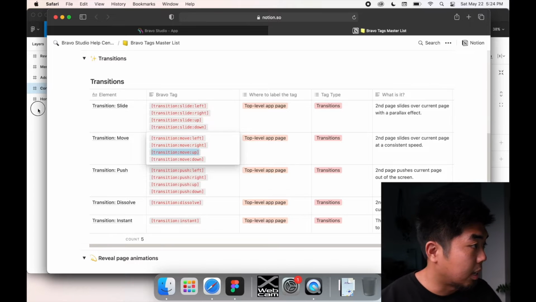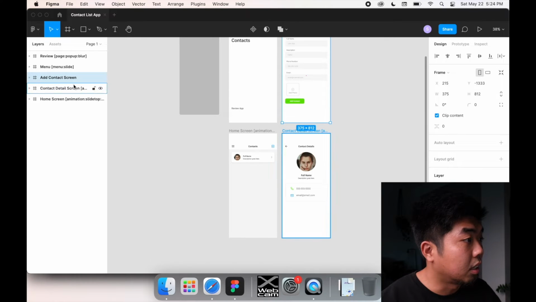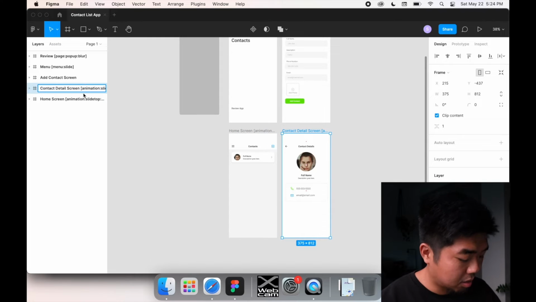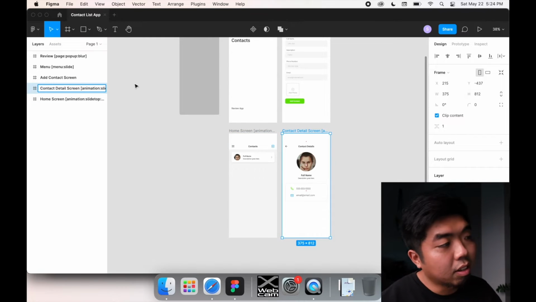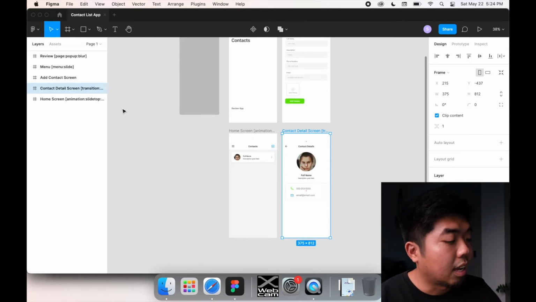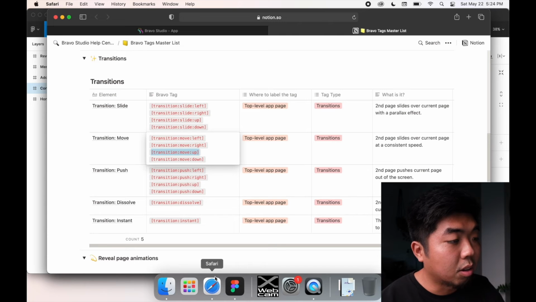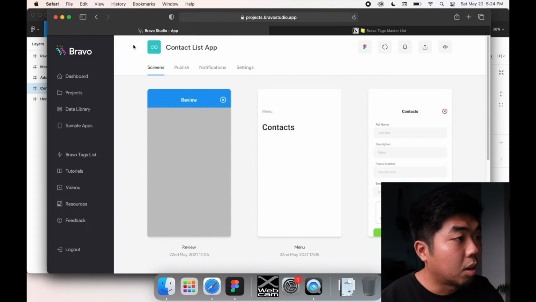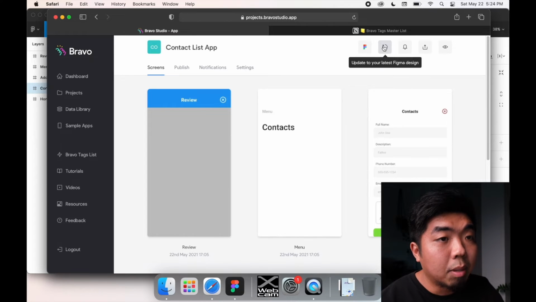So we'll go ahead, copy that, and we're going to add that to the detailed contact page as well. So I'll add that. You can either add it after or before. I'm just going to put it before right here, and we'll do that. Now if I go on over to my project app here in Bravo, I'm going to hit the update button in the top right,